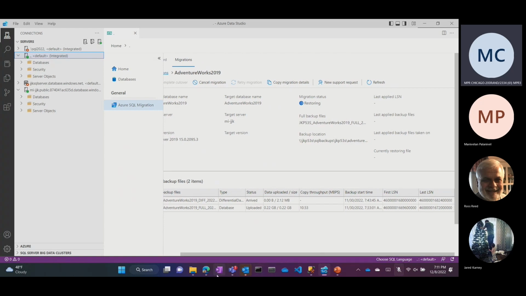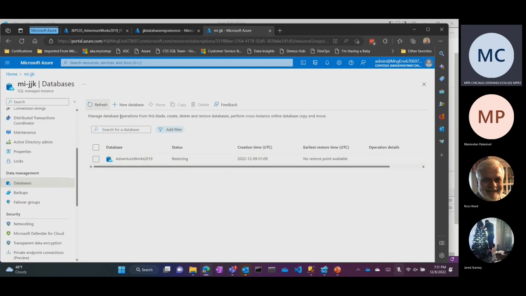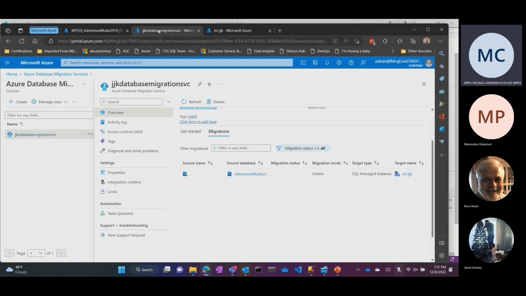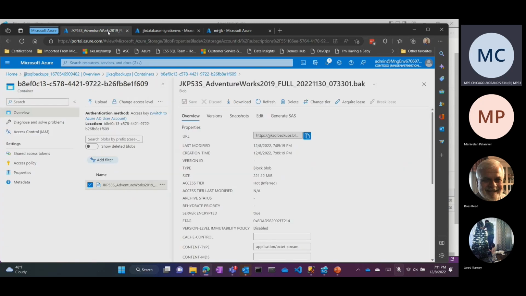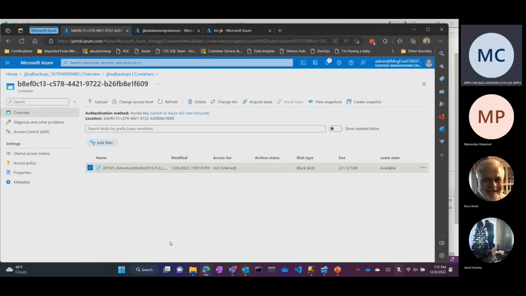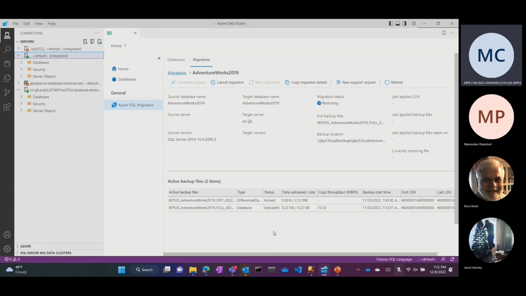If I go back up into my portal, go to the storage account, refresh it. That's over here, right? We will see the differential backup with a size of 0 bytes. All right, so what do we do now? Notice that this complete cutover just showed up for me